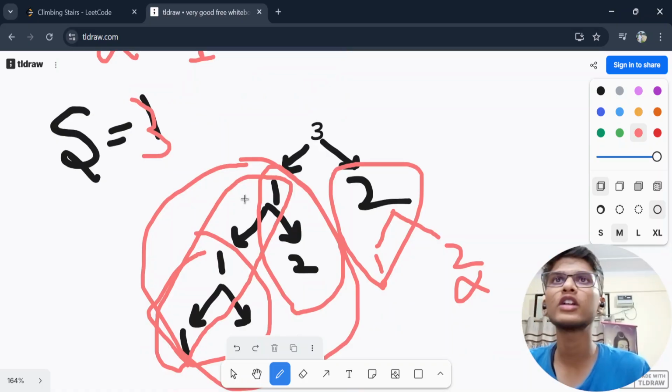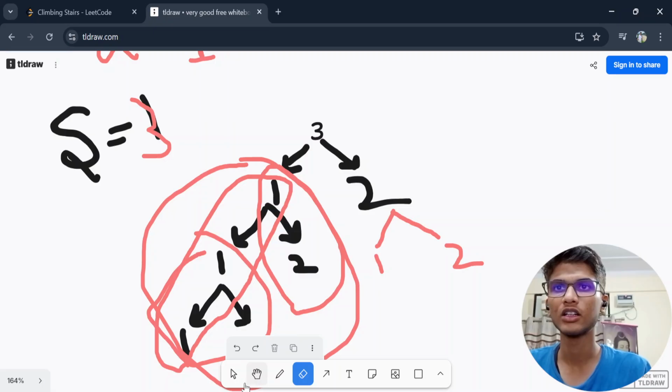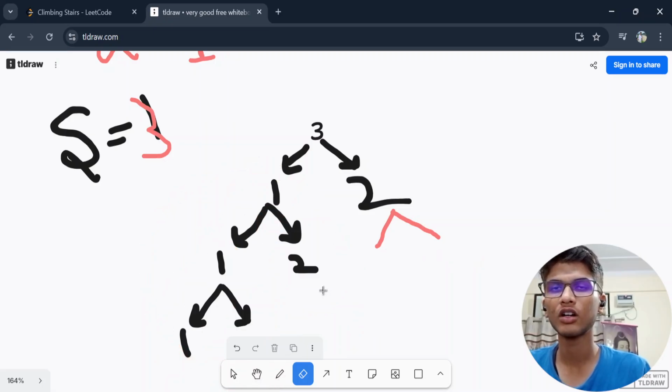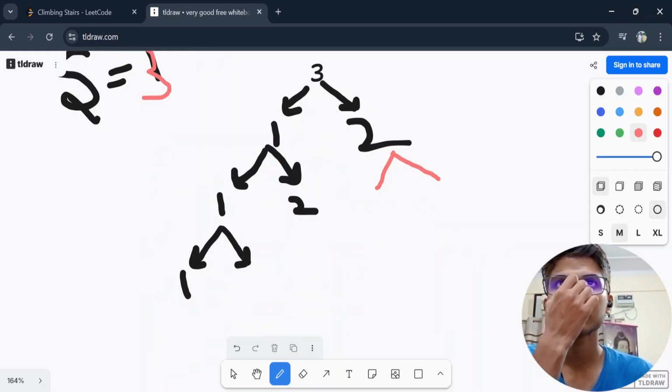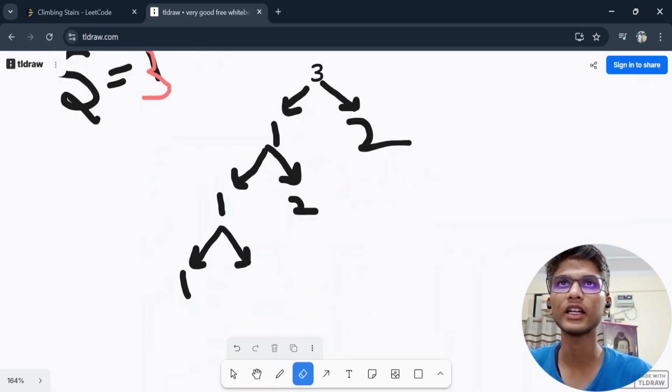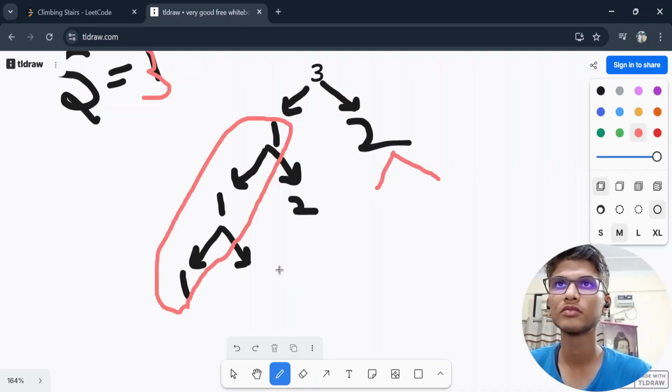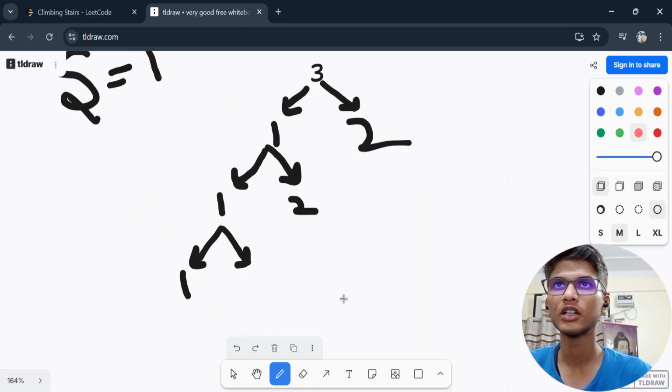Or if you cannot understand it like this, I can show you like this as well. One more way to show this backtracking is, suppose